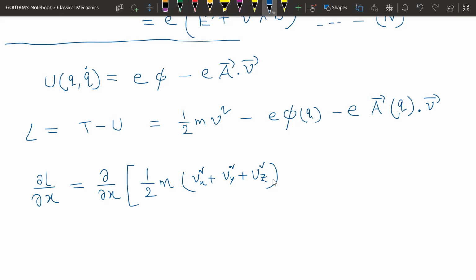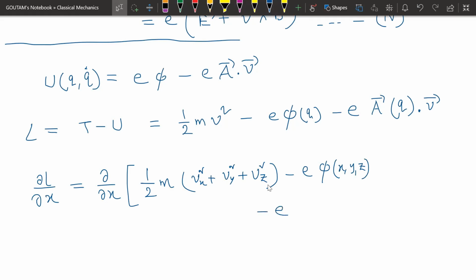So this is v square. Keep in mind that vx is basically dx/dt, similarly vy is dy/dt, and vz is dz/dt, minus eφ, which will depend on x, y, z,